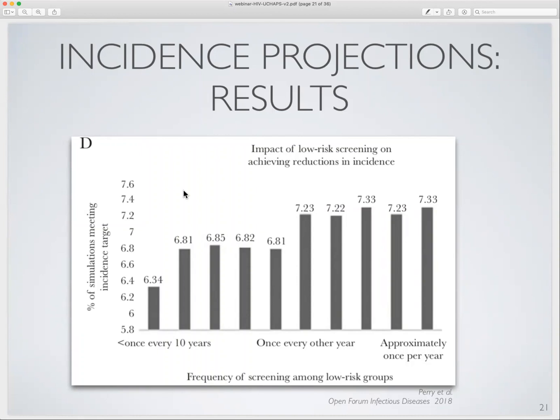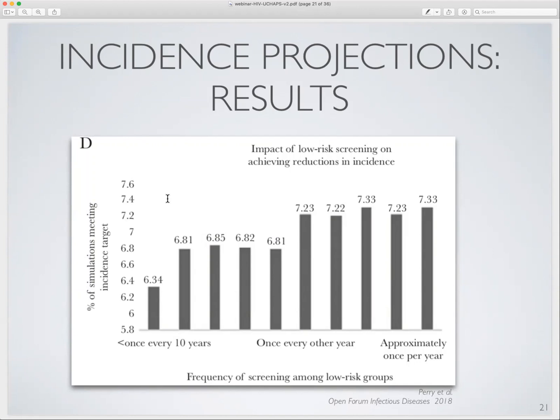Because this probability remains at around 7%, despite varying the frequency dramatically from once every 10 years to approximately once per year, okay? So when you look at this graph, intervention efforts should probably not be concentrated on screening the low-risk group, okay? So that's one of the kinds of results you can have from the model. And